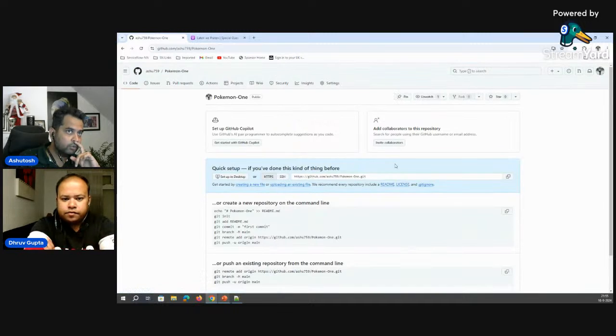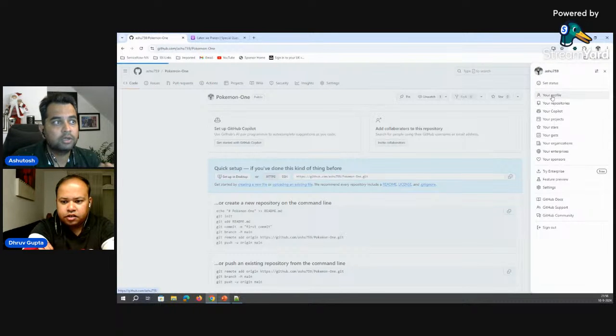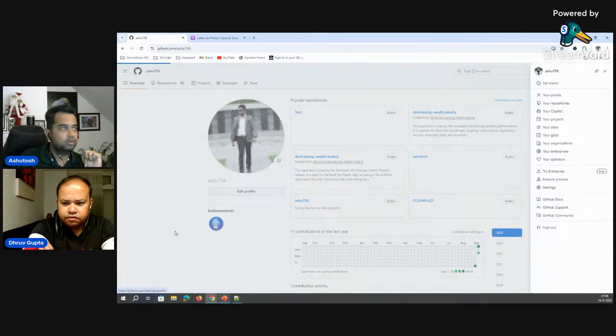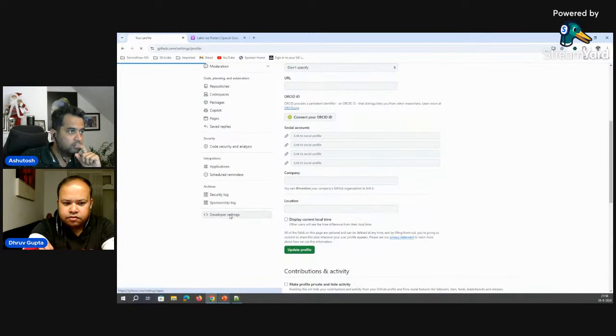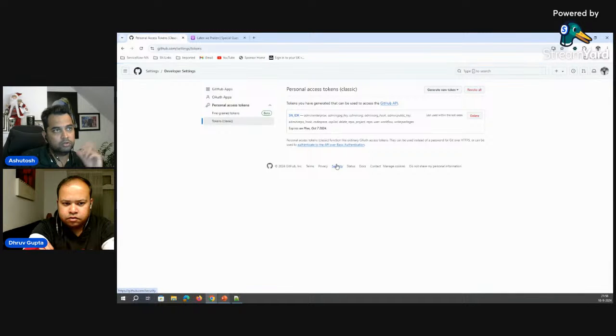Once you create the repo, you have to go to your profile, Settings, and then Developer settings. In here, you need to create a personal token, which is the classic way which we did. I have the token already in place. So if you have the token and the repo, the next thing you need to do is